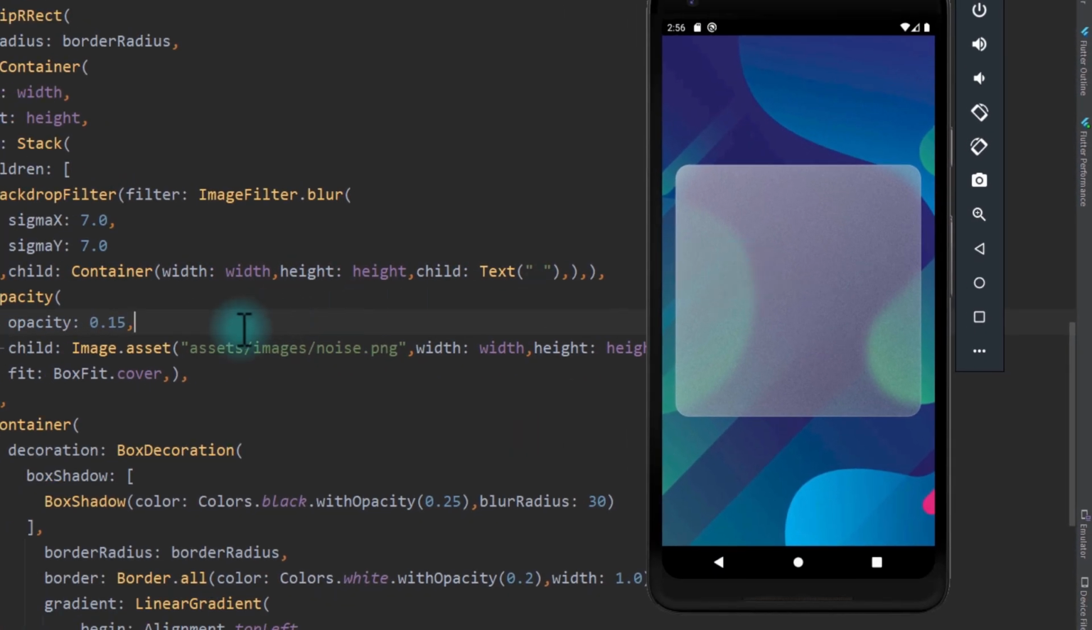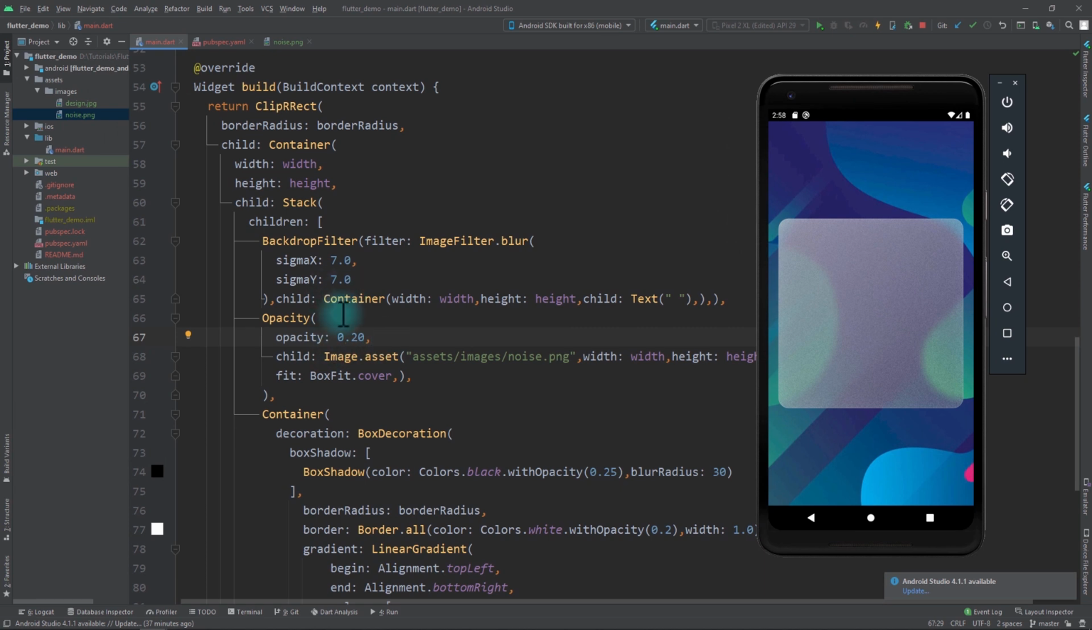I'll increase the opacity of the image just to add to the noise. I'll make it 0.20, and now we have a realistic looking frosted glass look in the application. You can tweak all these settings to make them fit your taste, but for the purpose of this tutorial, these settings work just fine. The only thing that's left to do now is to add the text to this glass